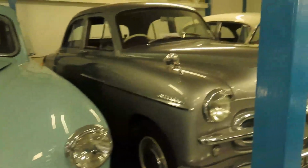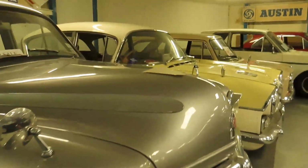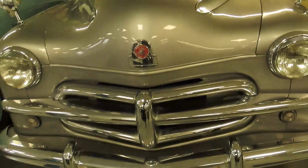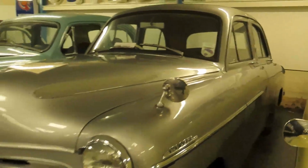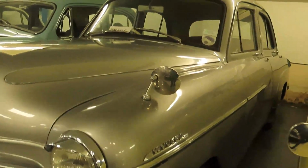Very much like that. Vauxhall Wyvern here, I love these. Some of the 50s and 60s Vauxhall executive saloons are just lovely. Just take a look at the chrome on the front of that, isn't that just beautiful? 1954 this car. What a beauty that is, all the chrome, the real American influence spreading into the British market